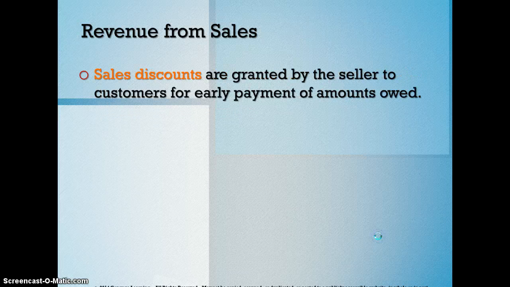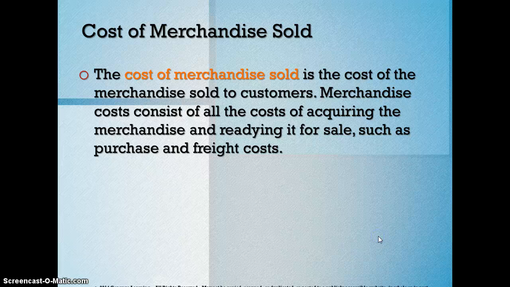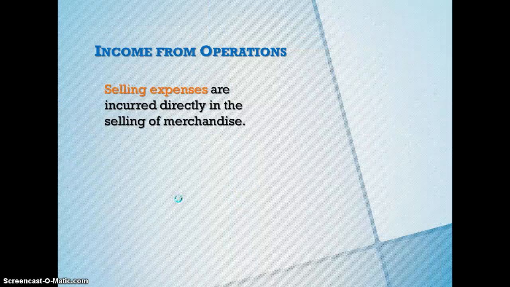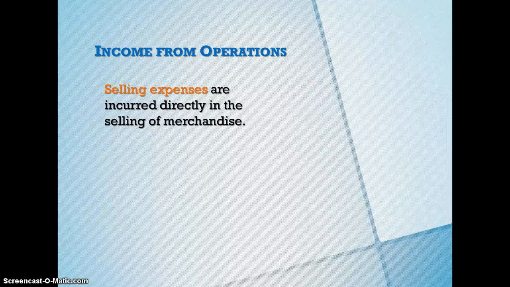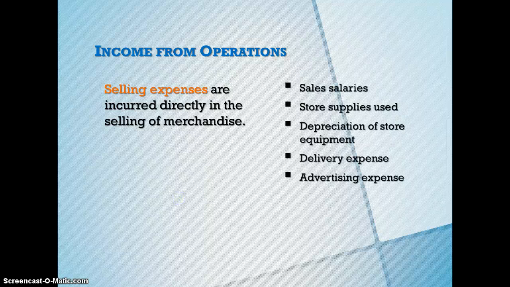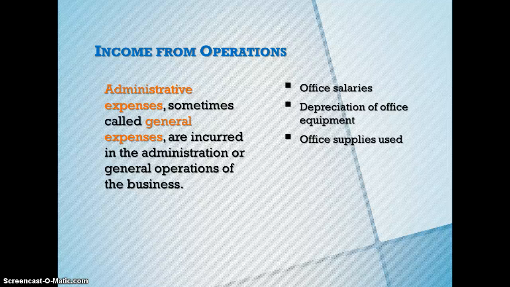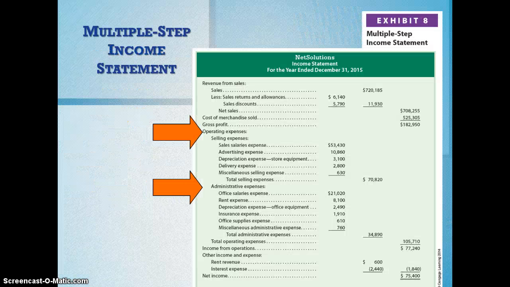From that, we end up subtracting cost of merchandise sold, which is next, our largest expense that we have, to come up with our gross profit. From gross profit, we end up subtracting our operating expenses, and we separate them into selling and administrative expenses. Okay? And those are some very good examples, and those are listed next. From that, we add up our two operating expenses and we end up with total